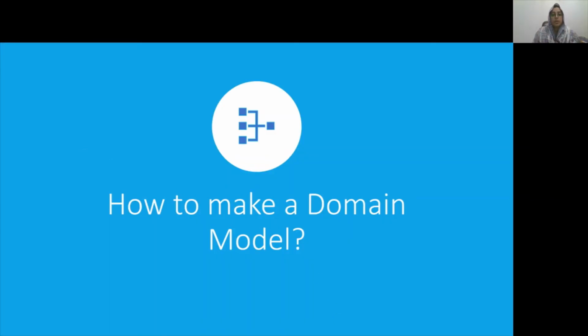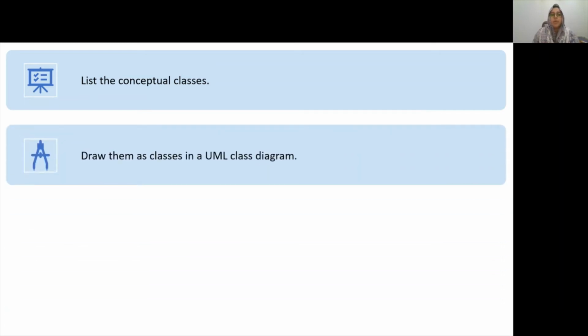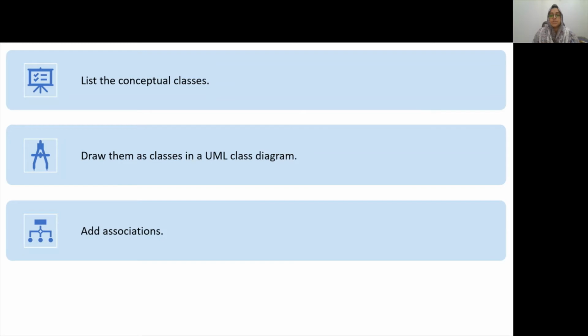How to make a domain model? There are no strict guidelines to follow in order to make a good domain model. However, we can have a sequence of actions to establish one. The very first step is to list all the conceptual candidate classes by identifying all those entities or concepts from our problem description that have attributes associated with them. Second, draw all of those in the domain model. Our domain model is kind of a map of concepts or things in the domain. Then add the necessary associations between them to record their relationships. At the end, add their attributes and you will have a complete domain model.